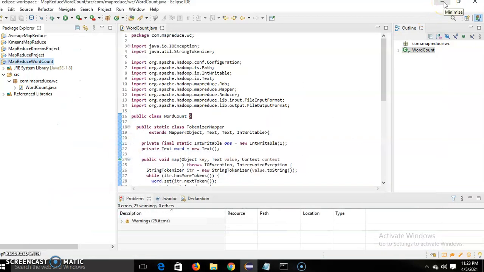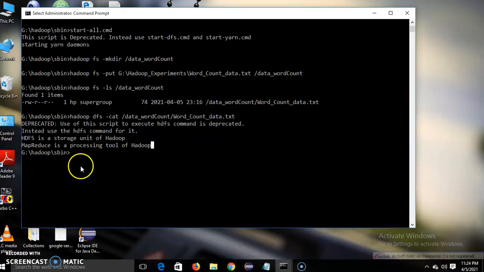Now as the jar has been created, we will run this jar on the input file that we have uploaded. You need to provide the location of your jar file. Then you need to provide the main class name.